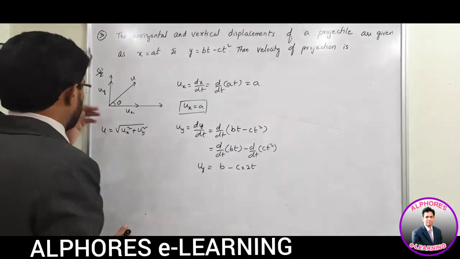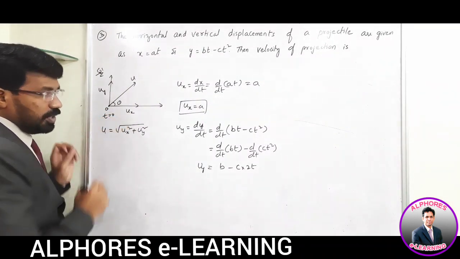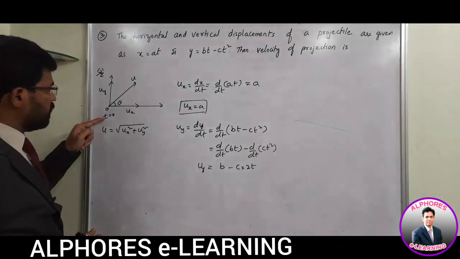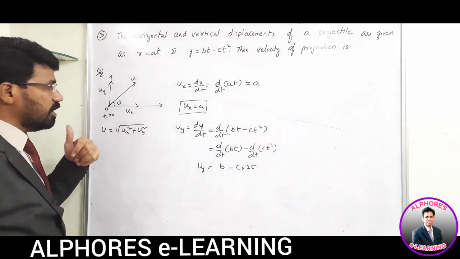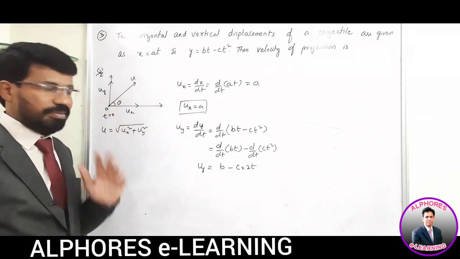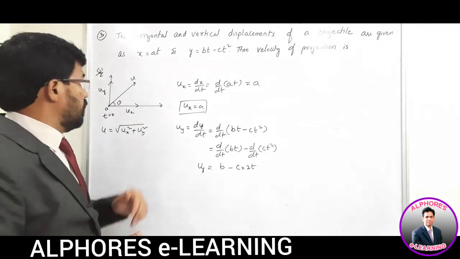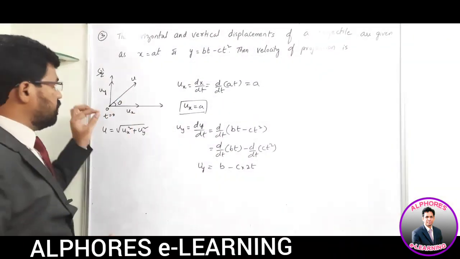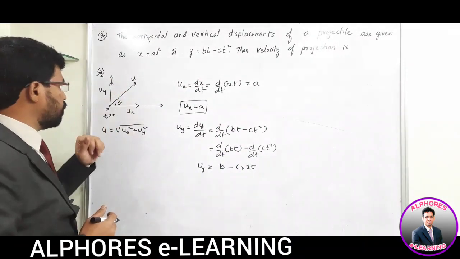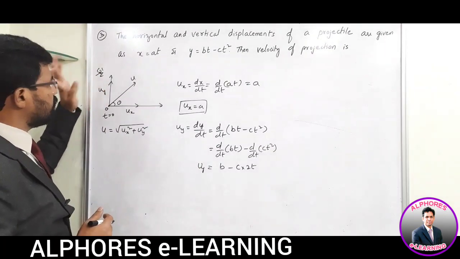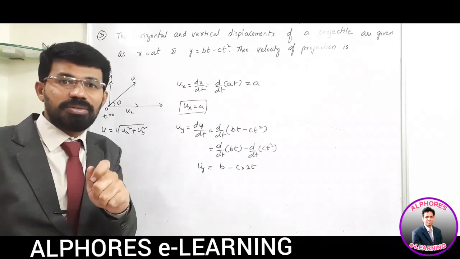See, children, at this point, at the origin, what is the time value? Time is equal to 0. When time is equal to 0, at that time also it possesses an initial component, right? That's what we actually need. We don't need the vertical component of velocity after some time t. This is the vertical component of velocity after a time equal to t. We don't need that. We need the velocity of projection. That means at the origin, whatever initial velocity it was having, that is what we have to find out. If that is what you have to find out, you have to worry about the initial vertical component of velocity, in the sense, the vertical component of velocity at time t equal to 0.